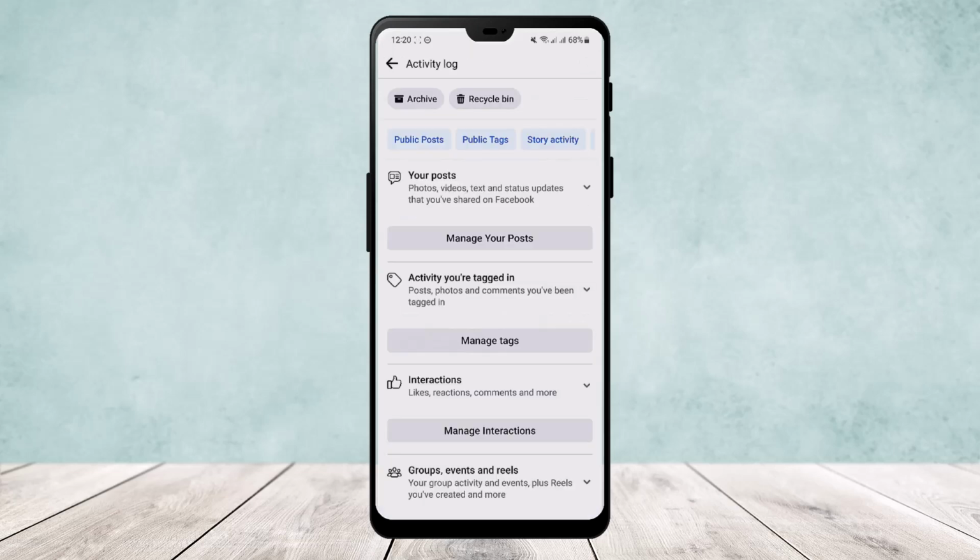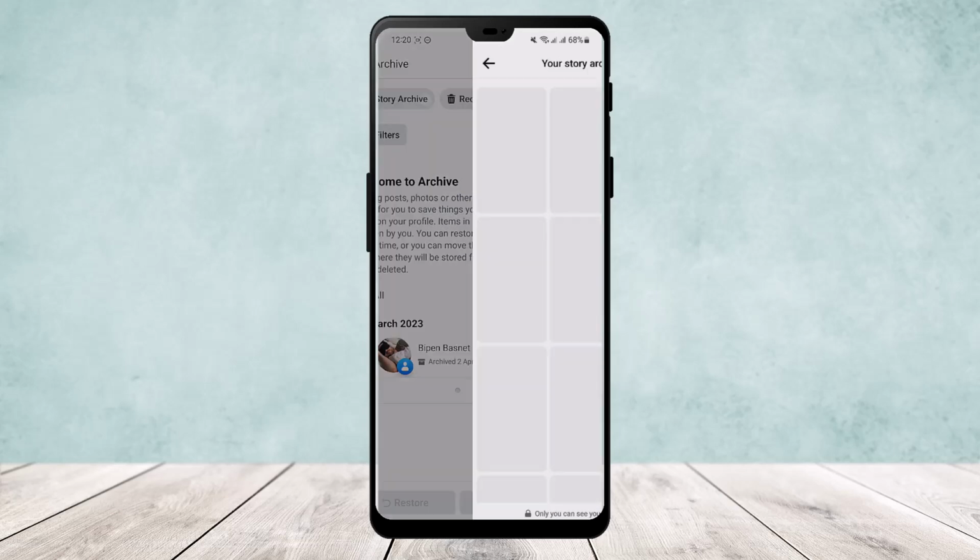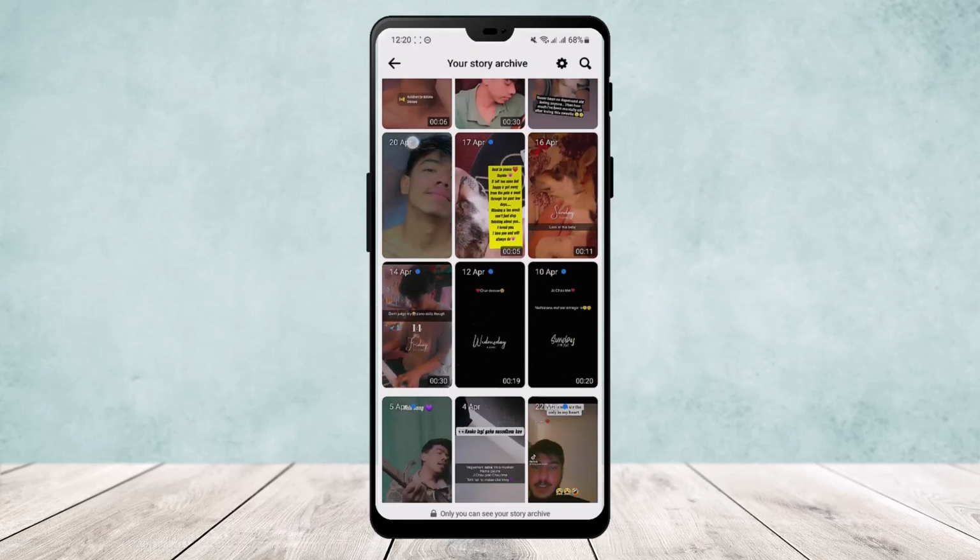Now open it, and once this loads up, on the top of your screen you should be able to find the option archives. Now you can see on the top the archive option here. Tap on it, and here if you tap on story archives, you'll be able to see all your story archives